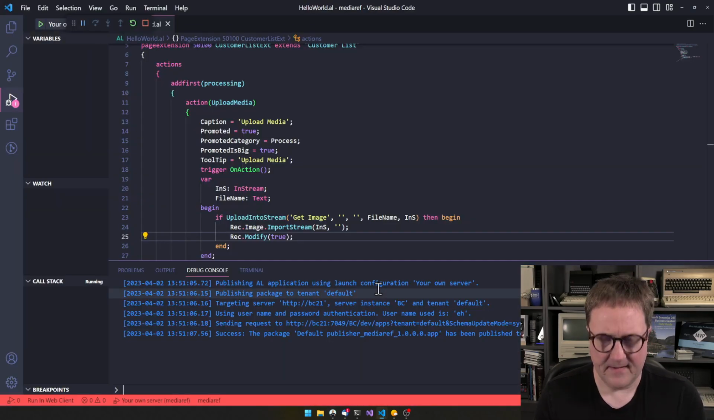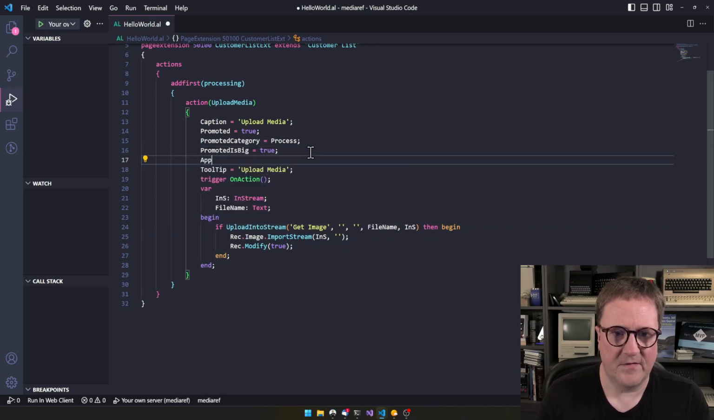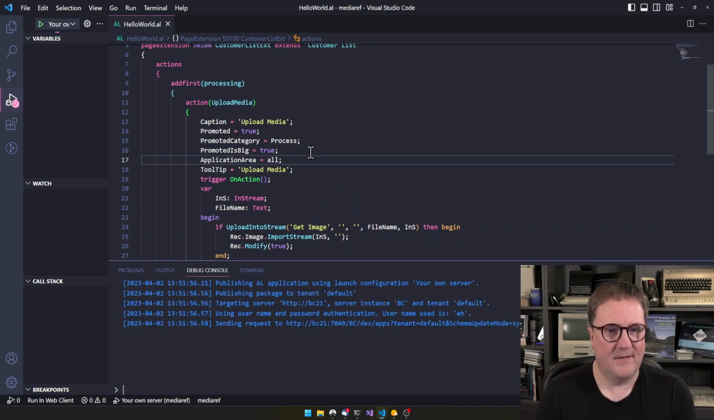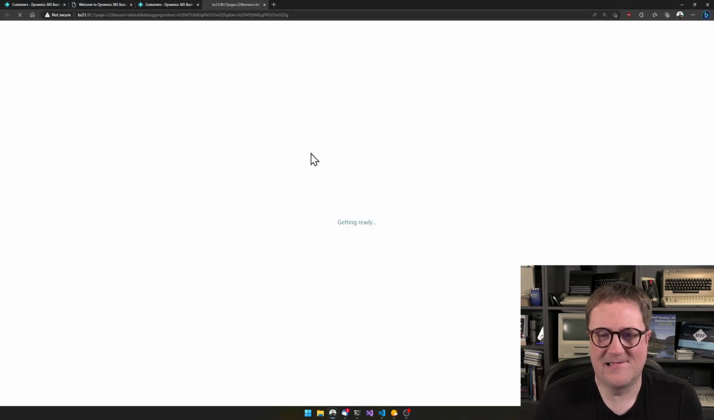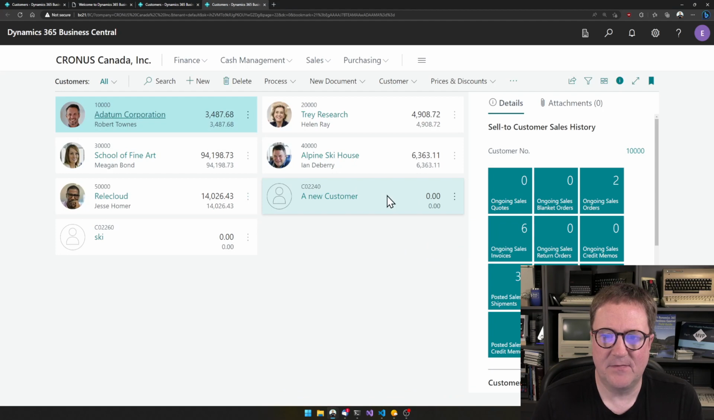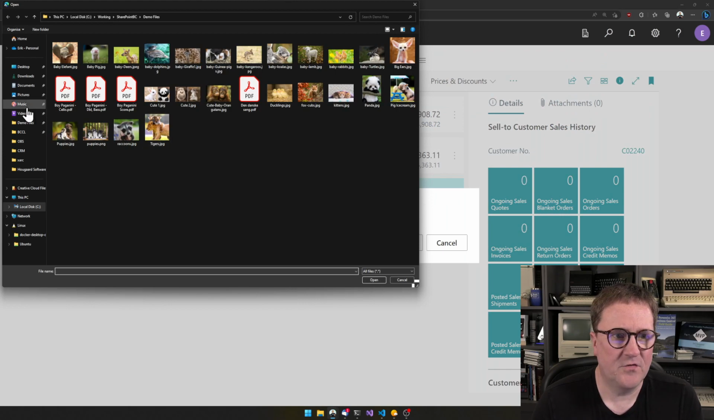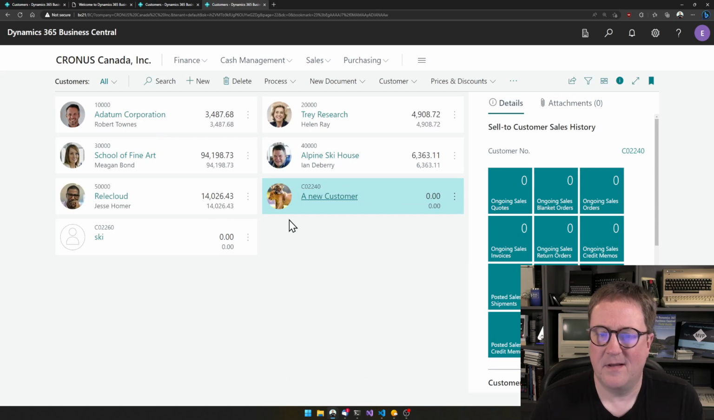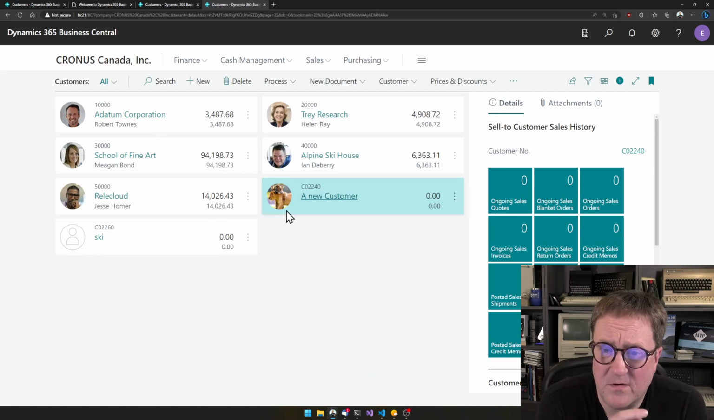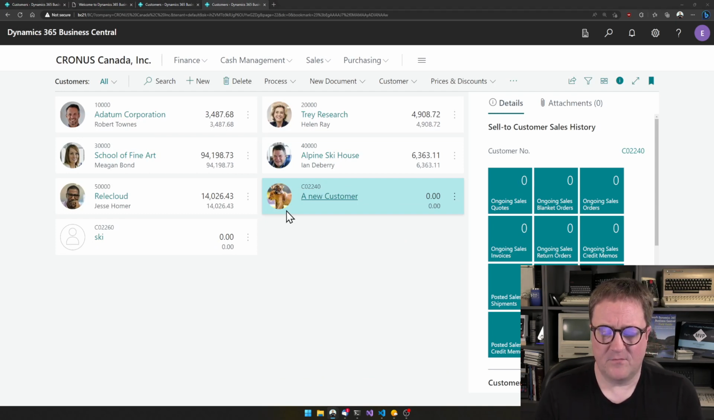You know what? What happened was that Copilot forgot to put an application area on this. Stupid AI. Let's try again. Let's see if we select something here, process, upload media, get an image. I have my image files here, so let's go with the tiger. And bam, we got an image on the customer. Perfect, right? That's all we need,